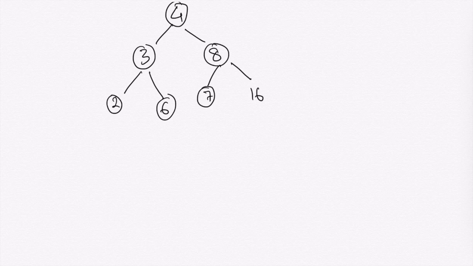Obviously, you will not make the graph until infinity, so it will be limited by the size. That is one way to do it. Once you have made the graph, you can do a breadth first search. Breadth first search will give you the shortest path to the node, so from 4 to 6 you will get the shortest path. The way I have solved this problem is a little different.